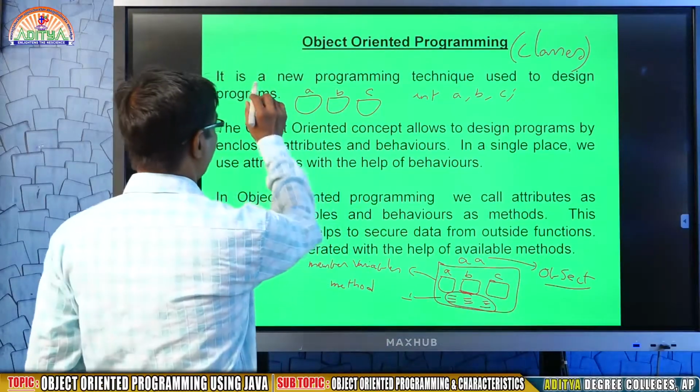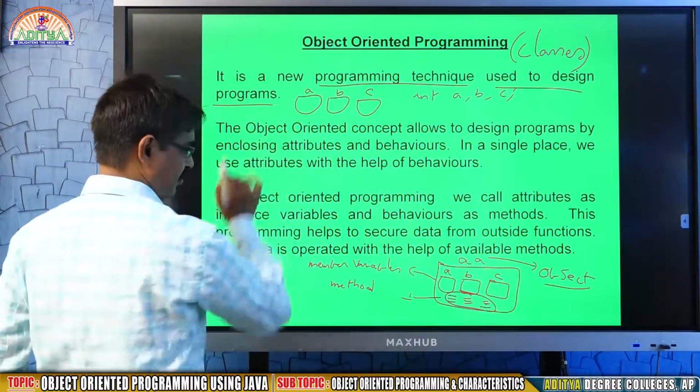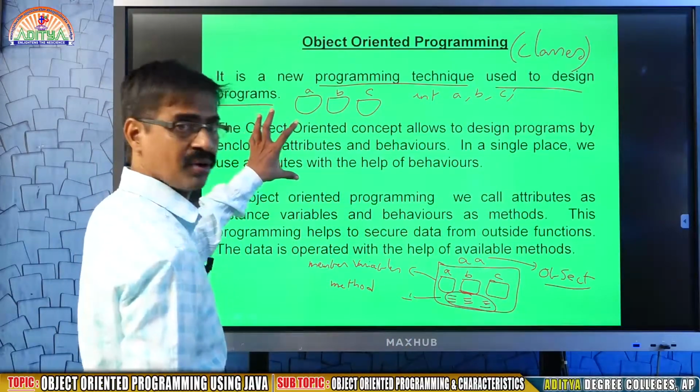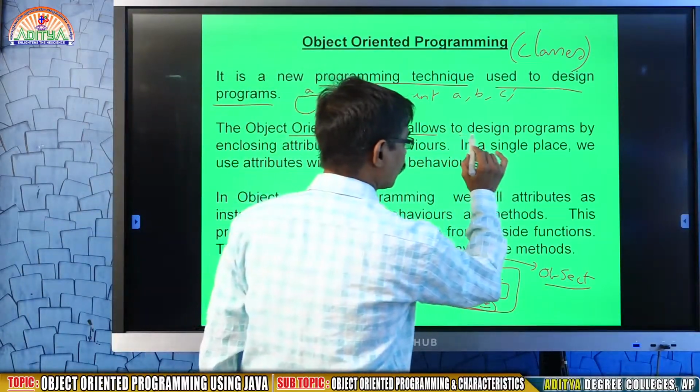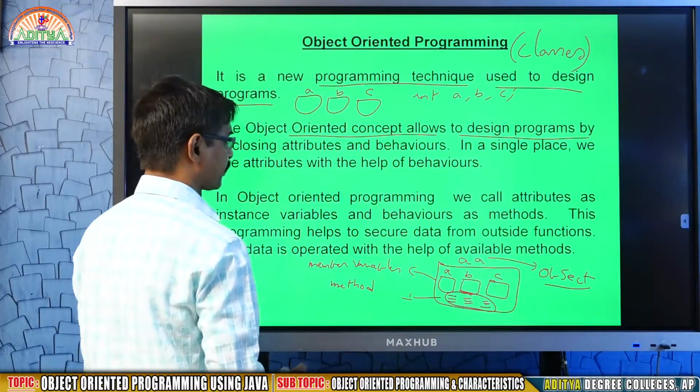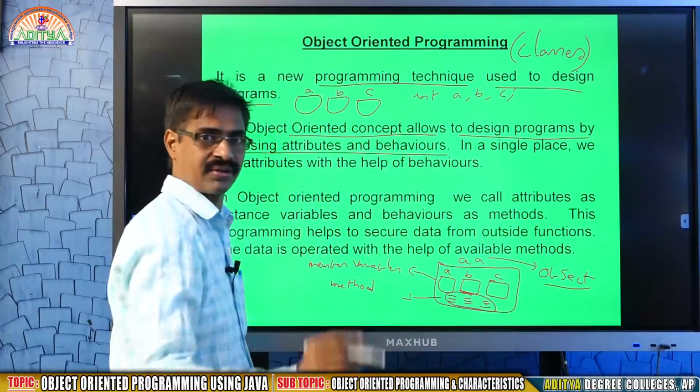Now see here, it is a new programming technique used to design programs. The object oriented concept allows designing programs by enclosing attributes and behaviors.